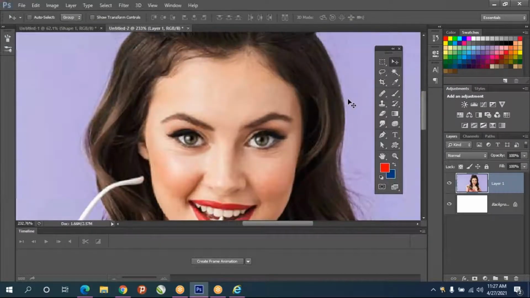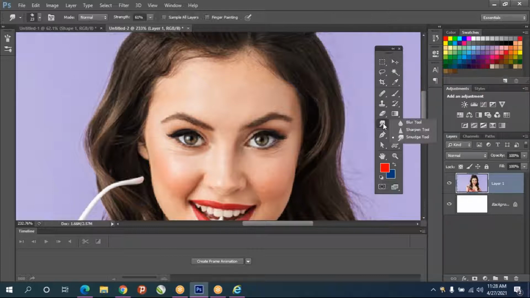So today we are going to learn the tool name called smudge tool. Which is used for digital painting.